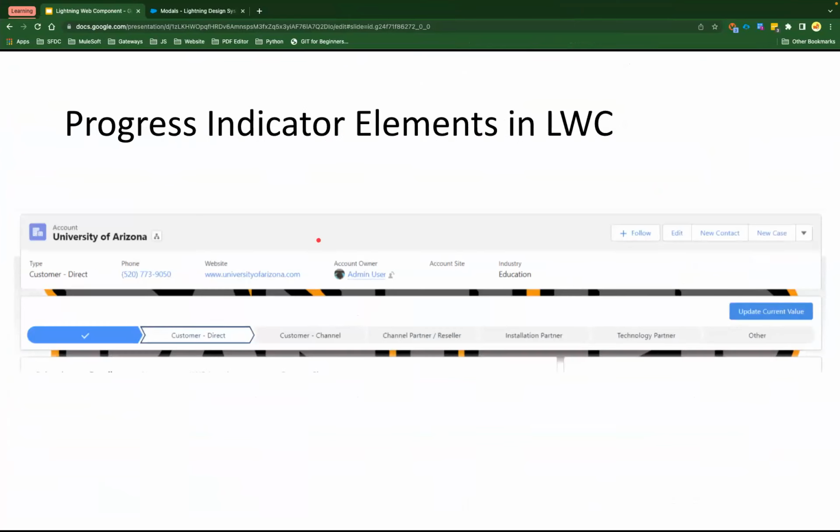Next thing that we are going to talk about is the progress indicator in Lightning Elements. This is helpful whenever you are trying to display information, let's say you are trying to display the UI like the path. You could see here in the screen, right? You wanted to display some UI like a path where you say,